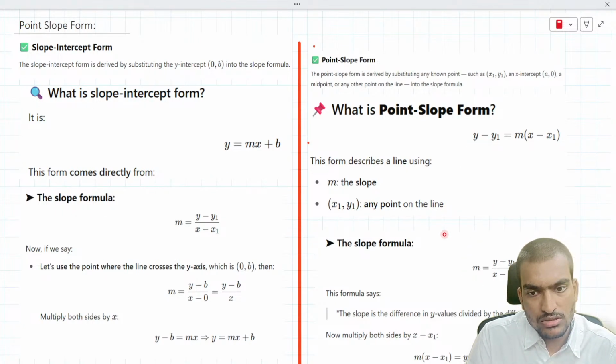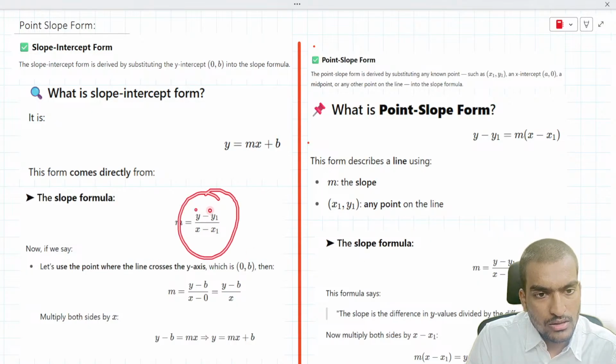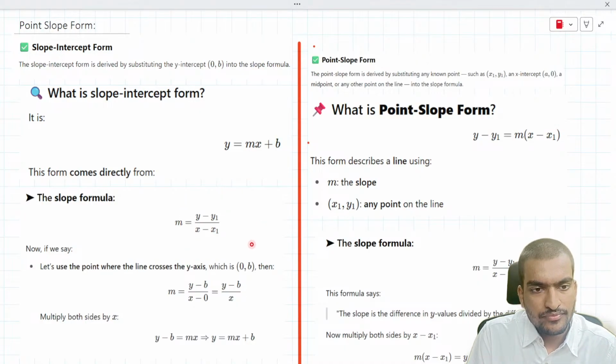There is no change. What is the slope formula? y minus y1 by x minus x1, or y2 minus y1 by x2 minus x1. It doesn't matter, both are the same. So here,